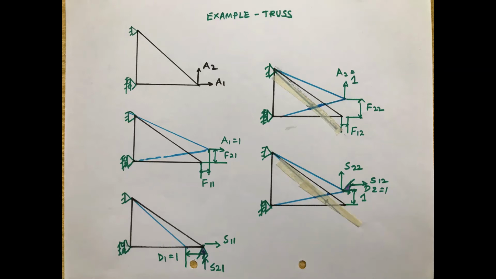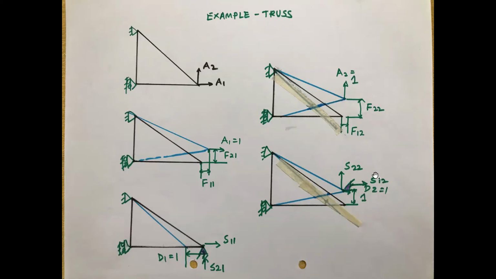Due to unit load displacement, madam, hinge support will act there. Whose we are taking upwards as A2, so there will be S22 in upwards direction. In X direction, there will be S12, S21. S12. Why 12? Horizontal force. And because of unit displacement 2, so S12. And due to vertical force A2, yes, due to vertical, it will be called S22. So these are the stiffness coefficients because of unit displacement.